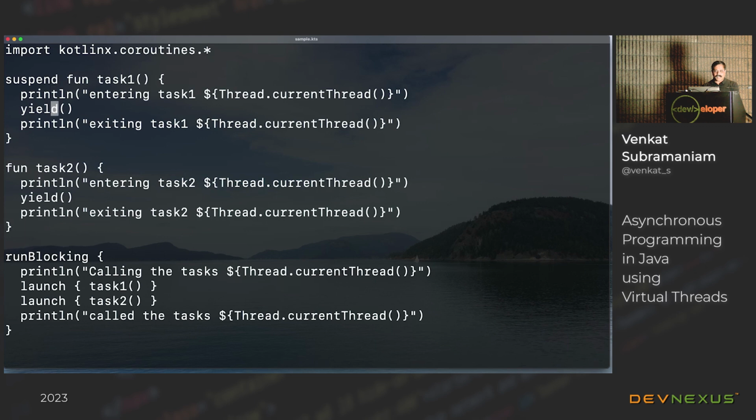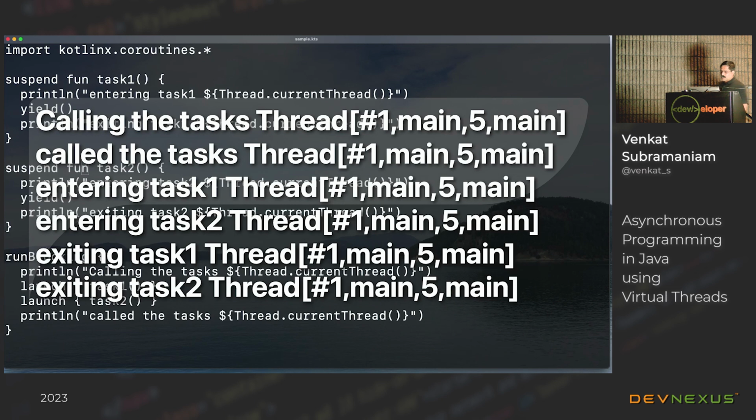So basically, in this case, you are saying that this function is suspendable, and you are indicating that right in here. So when you run the code right now, I want you to carefully notice where we are. You are still in the main thread throughout this execution. We are not doing multi-threading right here. You're in main entirely. However, you called the task, and it says you called them. You entered task 1 in main, but notice you didn't exit task 1. You entered task 2 right now, then you exit task 1, then you exited task 2.